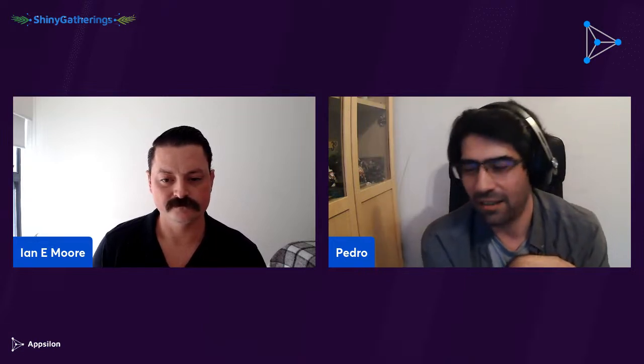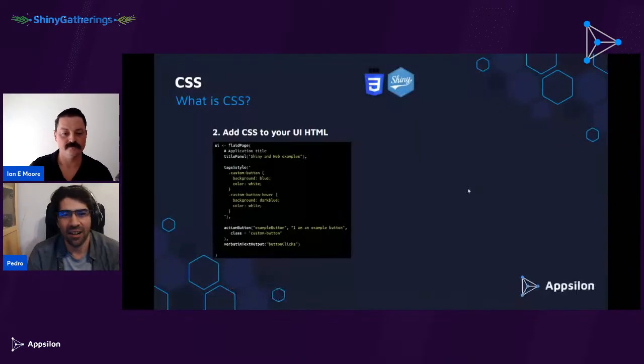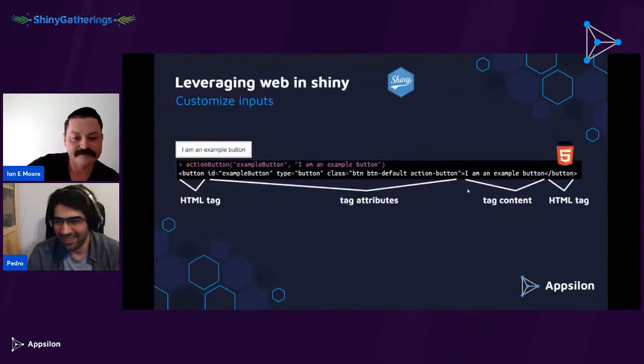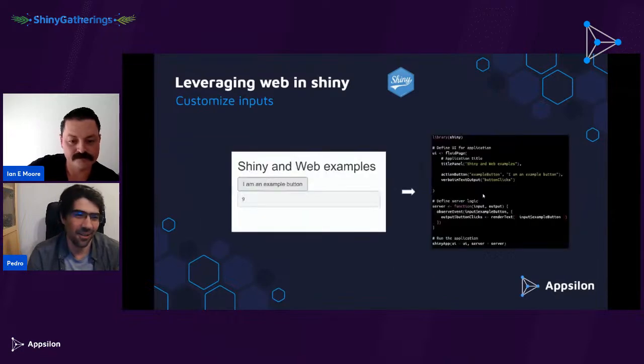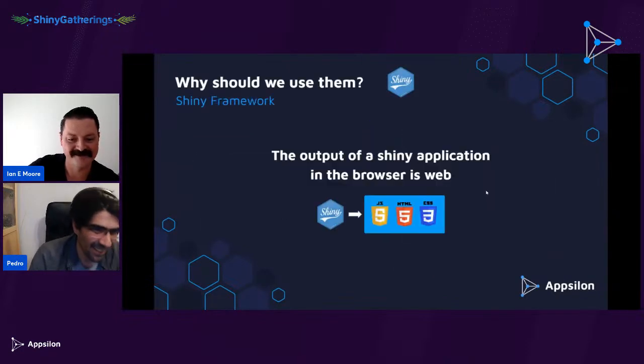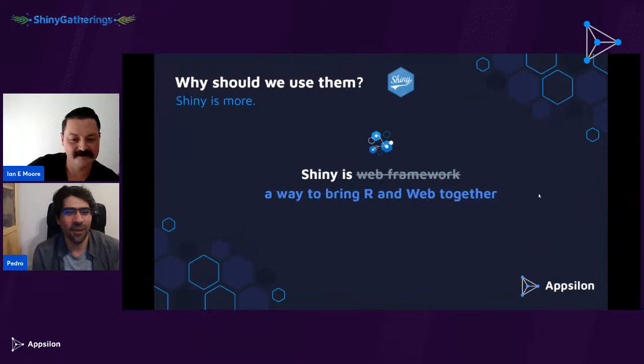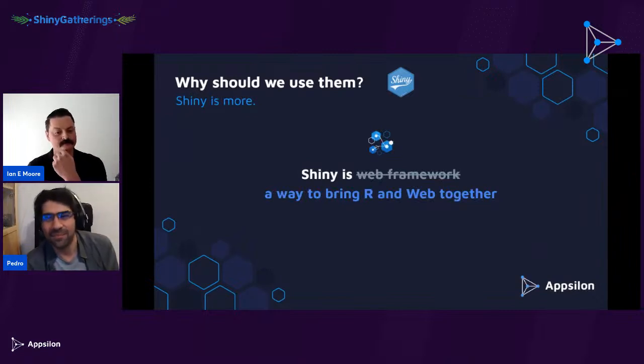I think there was a slide where I mentioned that Shiny for me is more than a web framework. It's a way of bringing R and the web together.